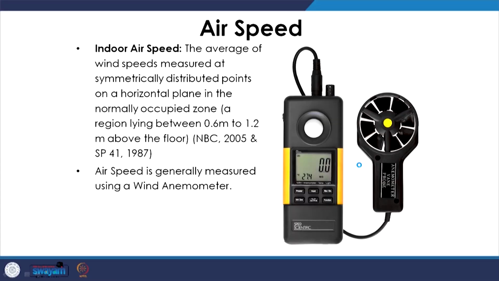Another measure is air speed. Air speed is the average wind speed present in the environment surrounding the occupant, the user, and it is usually measured with the help of an anemometer. If we want to understand the impact of air speed on thermal comfort, we can relate to our common everyday experiences. At the same temperature, suppose you turn on a fan, you suddenly start to feel comfortable while the temperature and the relative humidity have remained the same.